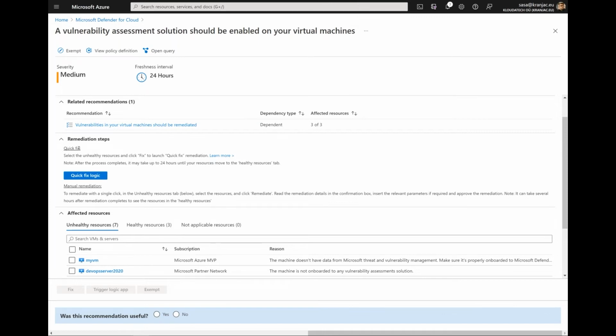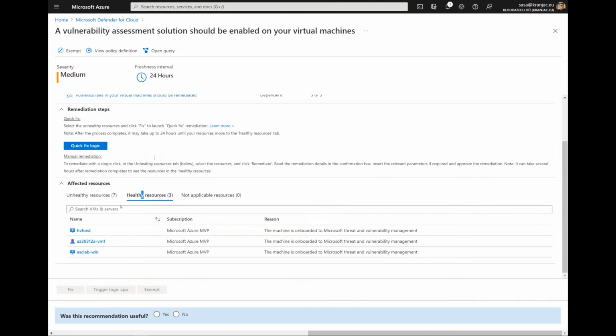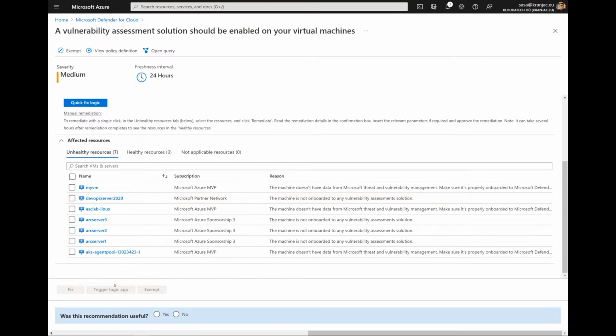We have the quick fix, which is just clicking here and clicking on fix. But it's also important to know that we are able to do that manually, in fact, which is important because we have to know what it is and how to do it. Of course, we have healthy and unhealthy resources, but if we want to, for example,